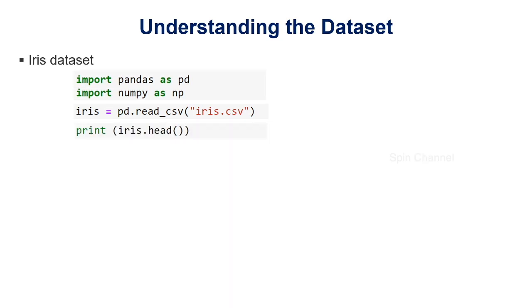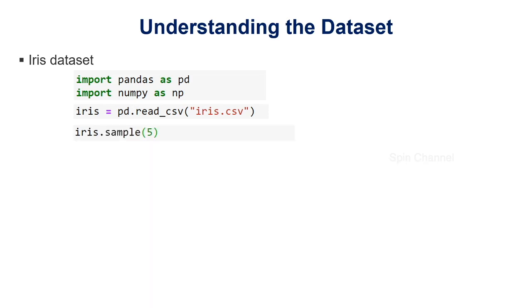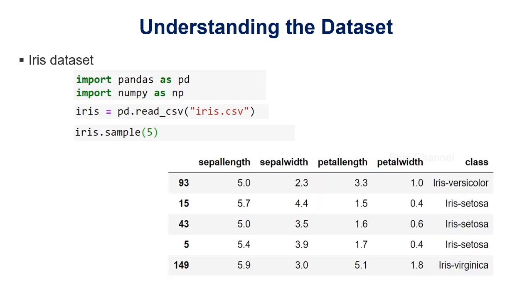Now the head function will display the top rows of the dataset. The default value of this function is 5 when no argument is given to it. Here are the top 5 rows with the features of iris flowers. Similarly, a sample function can be used to display the rows randomly. This is how you can read a dataset